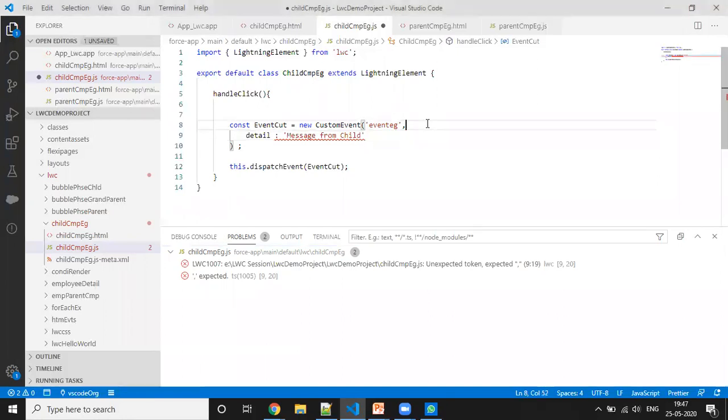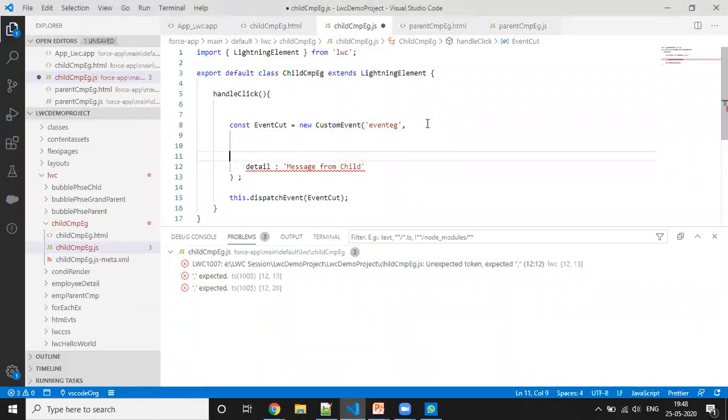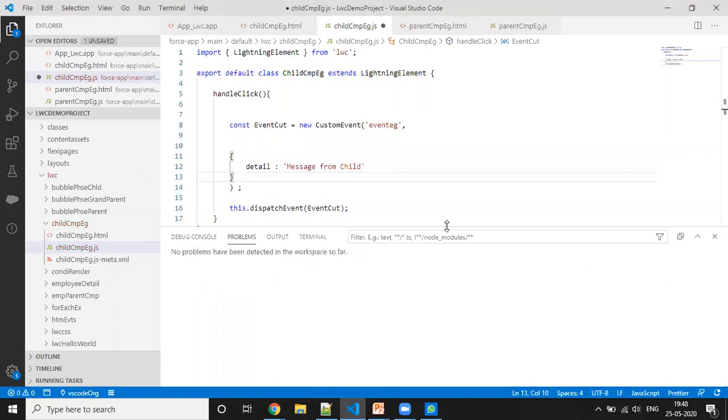Sorry, there is just a syntax thing. So I'm passing this value from here to here.